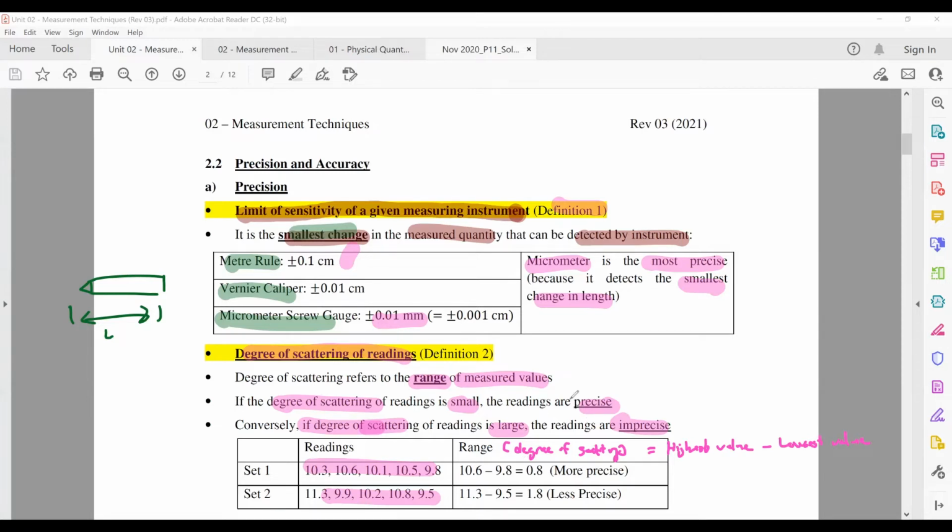That will give you the range or the degree of scattering of your readings. So over here, you take the highest reading, which is 10.6, and the smallest reading, which is 9.8. Your range is 0.8. You repeat this for the second set of readings, and you will see that your range is